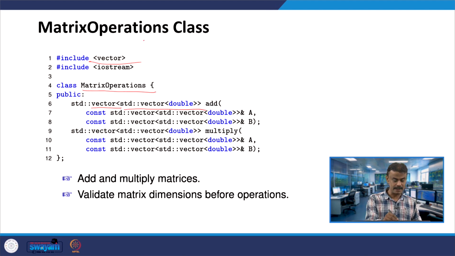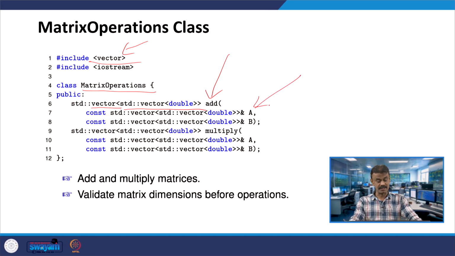Under vector you have vector, correct. This is the inbuilt one, not a problem. Then you are going to have a public member function called add. Here we define matrix A with the reference operator, vector of vector, and matrix B. Given two matrices A and B, when I call add, this will give the addition of the two matrices.